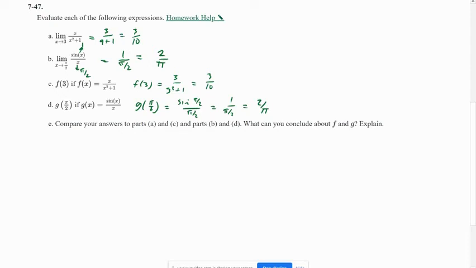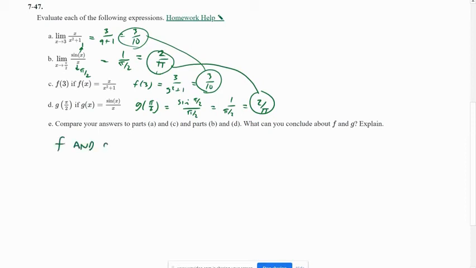So basically what they're having us do is show that in this case, the value of the function is the same as the limit, and in this one, the value of the function is the same as the limit. And so compare your answers with A and C and B and D. What can you conclude? Since these values are both the same, we can say f and g are continuous,